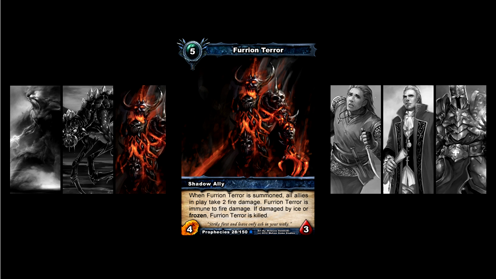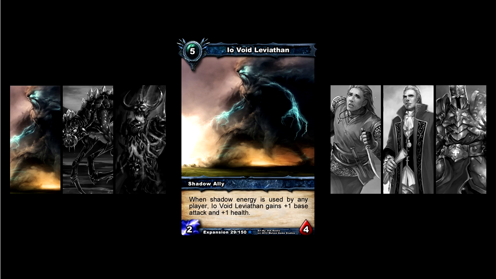The next one, I'm just going to go ahead and move on to the Io Void Leviathan. This one, I see a lot of interesting things being used, because yeah, it is prone to retreat, and it is prone to basically instant death spells and various other things, but so are a lot of other allies. I see this guy actually being an interesting tool for elementalists,